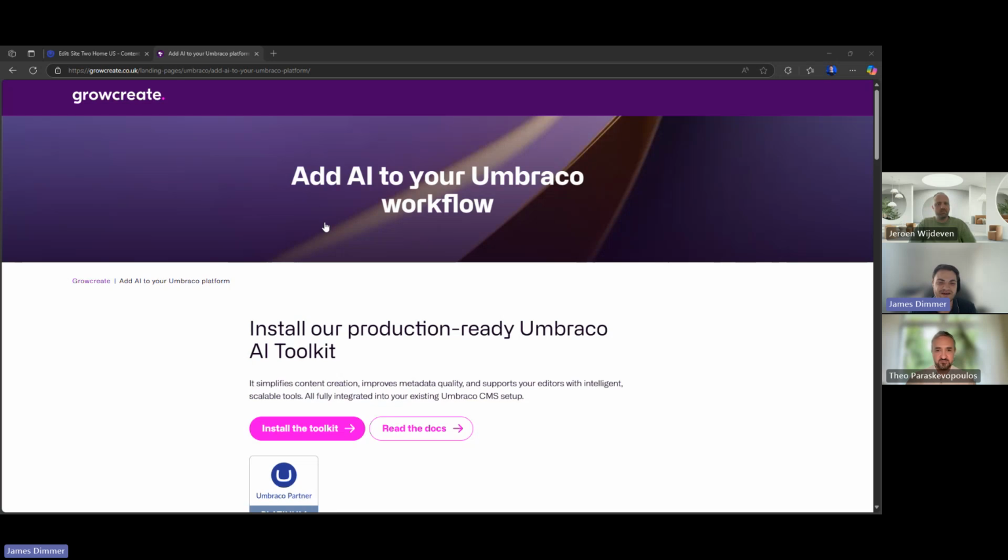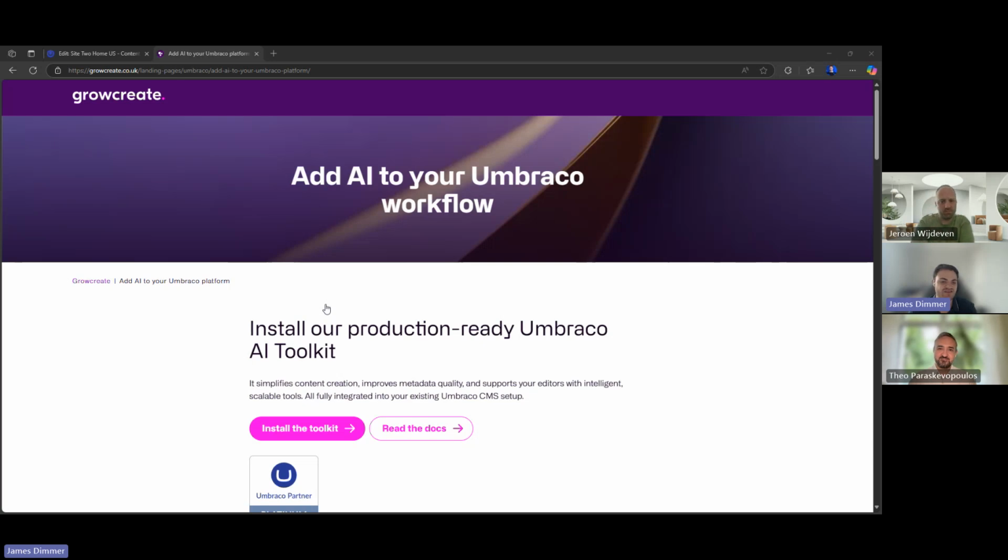Many things as well, such as streamlining, that would probably be the better word, the translation workflow within Umbraco. So if you've done all of your site in English and want a French version, you can just do it at the click of a button and then go through and verify things before publishing. We want to probably expose the default prompts that we're using, so you know what is being sent in that chat with the model, allowing you to use Umbraco properties in the prompt itself, so you can use replacements, bulk actions for the auto-generated properties for metadata and alt text, so you can just click one button and have all of your site or all of your media updated. Potentially schema generation as well for, say, articles and products and things like that.